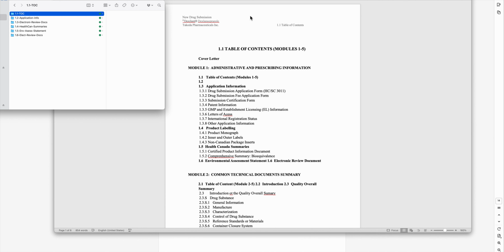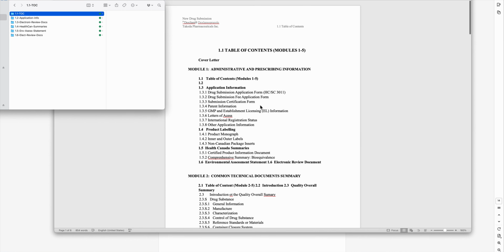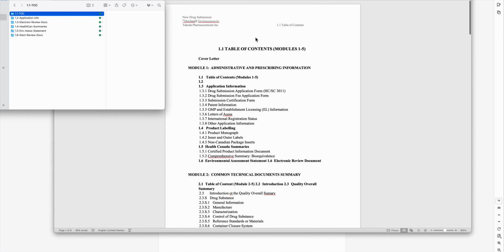Pay attention to the format of all of your documents that you will have to prepare in your CTD structure. All of your documents must have a header, and obviously a footer if you have more than 2 or 3 pages, so we put the page number. But on the top of each and every one of the documents that we are going to prepare, not the forms, because on forms we cannot add these headers,